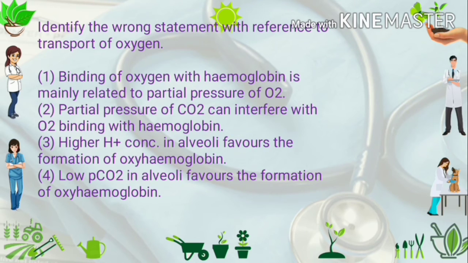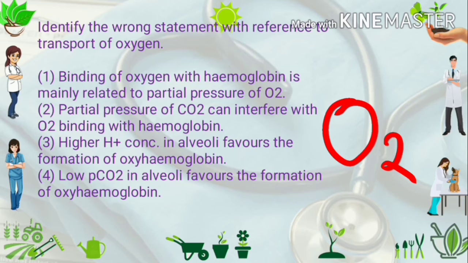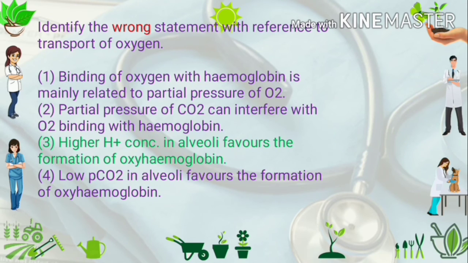Fourth, low the partial pressure of carbon dioxide in alveoli favors the formation of oxyhemoglobin. We know that higher the partial pressure of oxygen favors the formation of oxyhemoglobin. So the wrong statement is C, because the hydrogen ion concentration has nothing to do with this phenomenon,